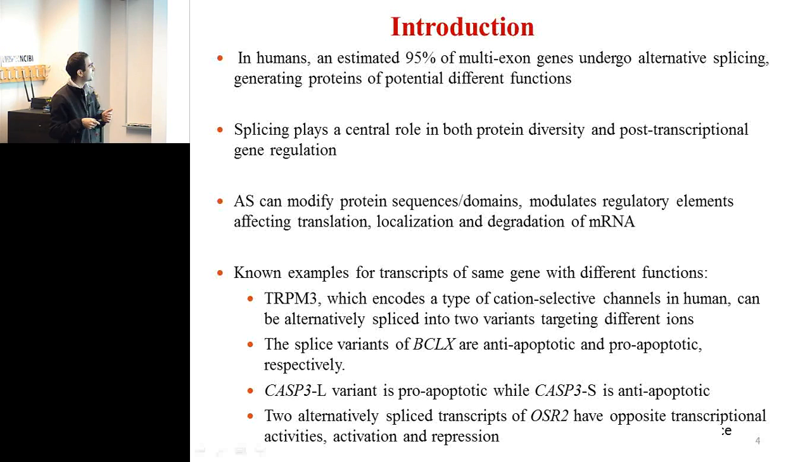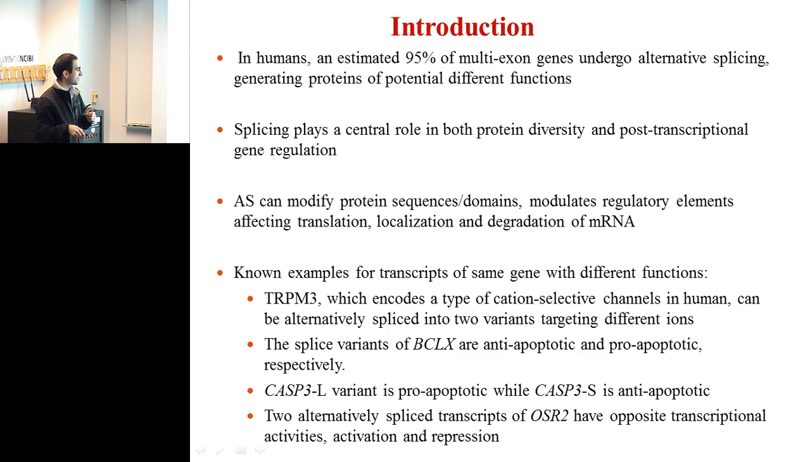Splicing plays a role in post-transcriptional gene regulation, or it can alter the protein sequences and domains, and it can modulate regulatory elements, so it can have functional consequences. Here I have 4 examples of transcripts from the same gene with different functions. The TRPM3 gene encodes a cation selective channel in human, and it has 2 variants targeting different ions. And for the variants of the BCLX gene, one of them is anti-apoptotic and the other one is pro-apoptotic, so opposite functions from the same gene. And the same for the Cas3L and Cas3S